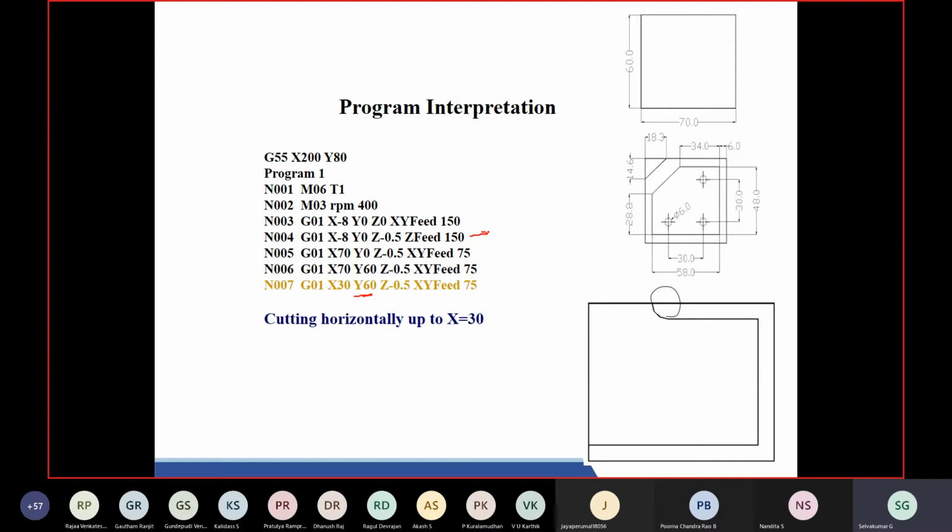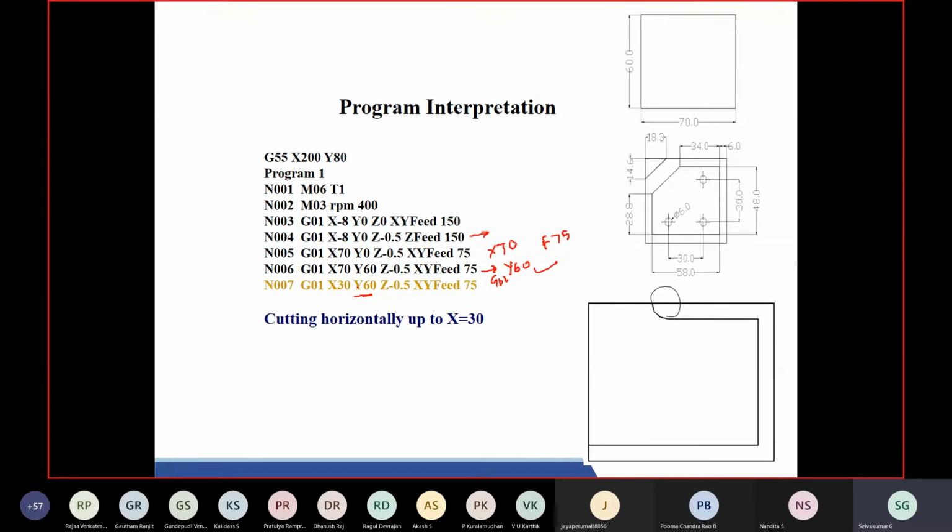See, all these three commands. This one is fine. In N005 I can write X minus 5. Here X70 alone I can write, G01 X70, that is fine. I need not write all these things, since the different feed rate is given here, F equal to 75, I can define. For this particular line, X is same, Y alone changing, therefore I can write Y equal to 60. Feed rate is same, therefore I can leave as such, G01 Y60. This is also fine. You need not write all the things. The controller will take the previous X value and previous Z value if it is not defined.